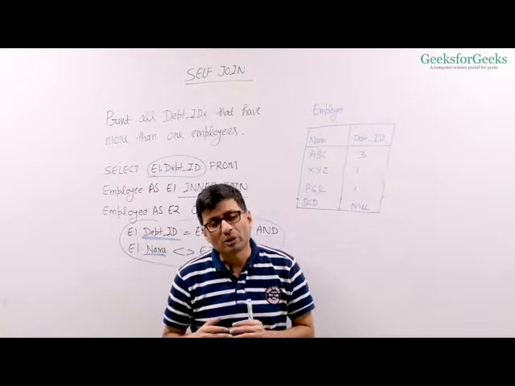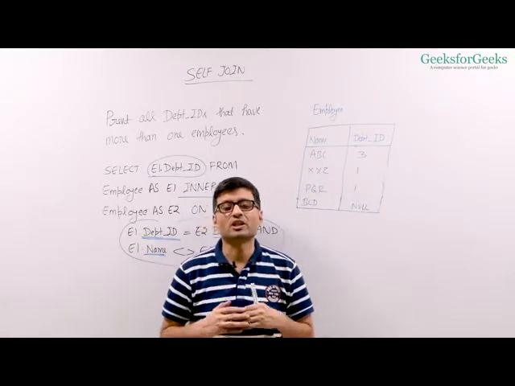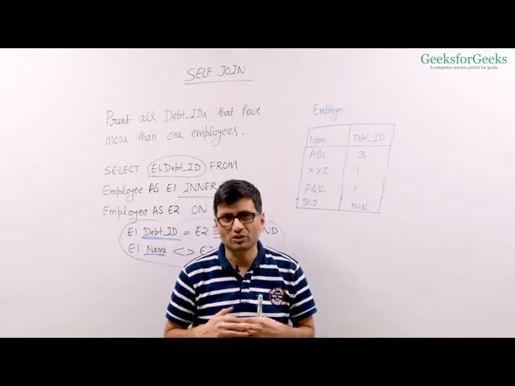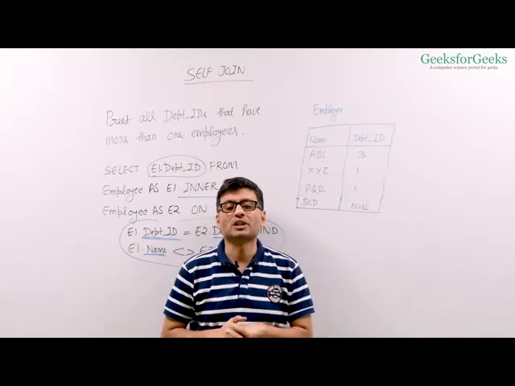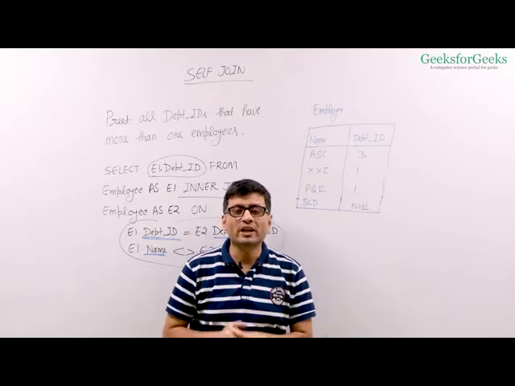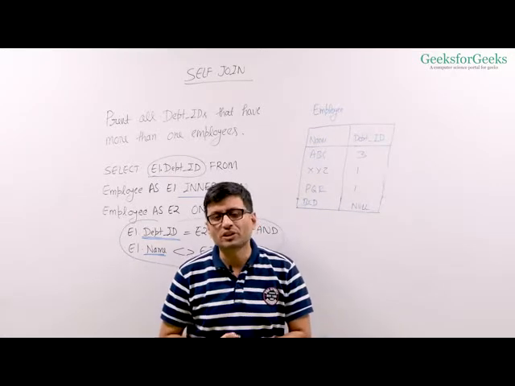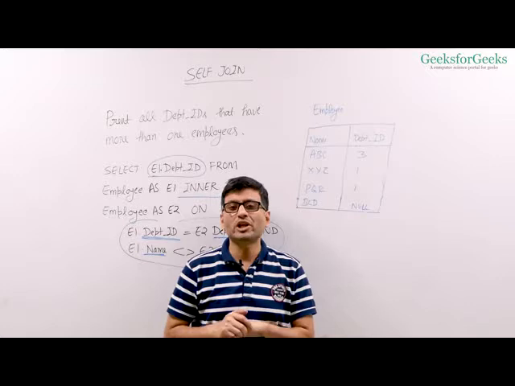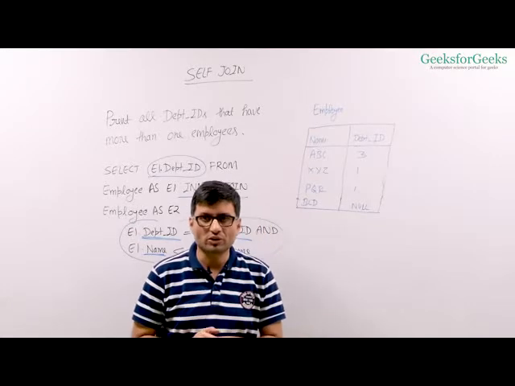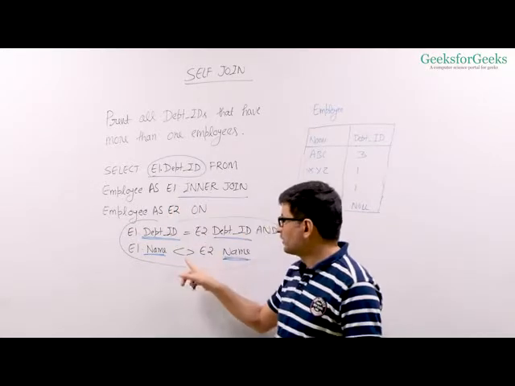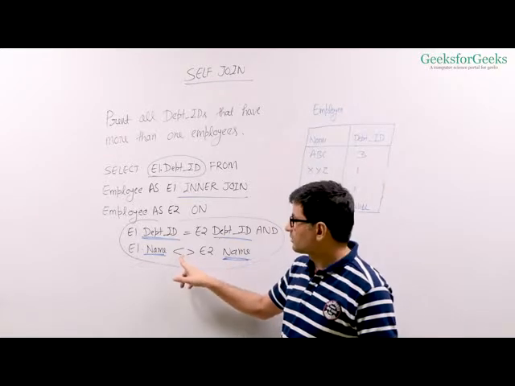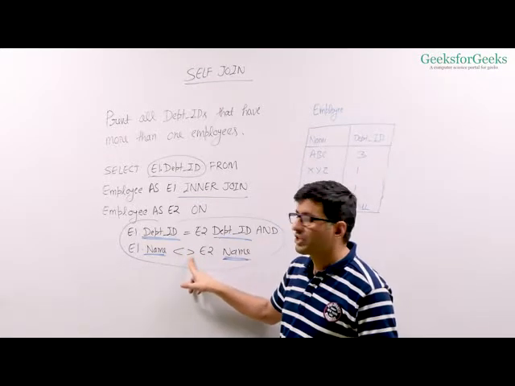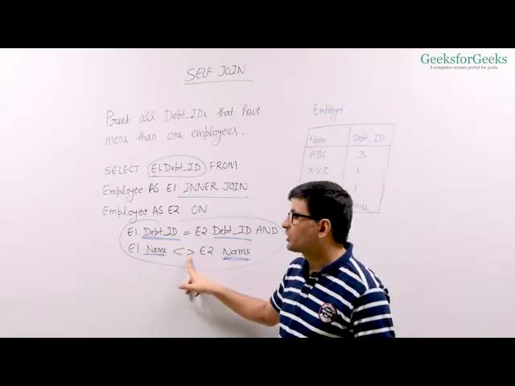We also talked about special cases of inner join, which are equi-join and natural join. Equi-join is a join when we have the equal operator to be used only in the join operation. So this is not an equi-join, because here you have the not equal to operator as well. This smaller than and greater than works as a not equal to in SQL. So this is not an equi-join.